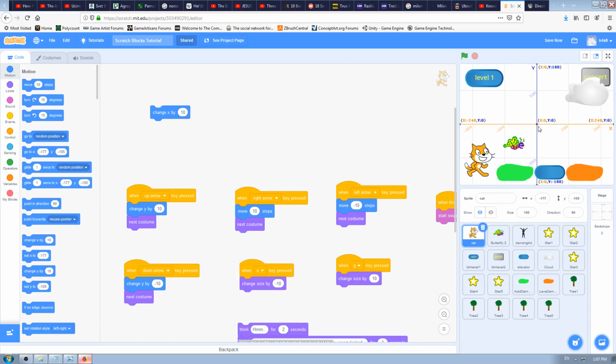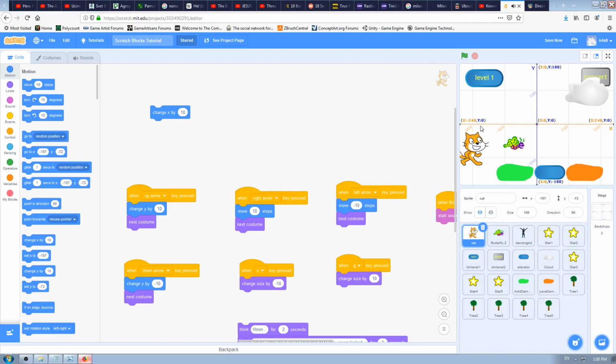They cross each other at one point, at the center point, which says x0 y0, and this coordinate system is used so we can know where on the stage exactly our sprite is. So we can have so-called coordinates. Those numbers are under your stage, x and y, and if you change your sprite position, they will change too, so you can see at every second where your sprite is,